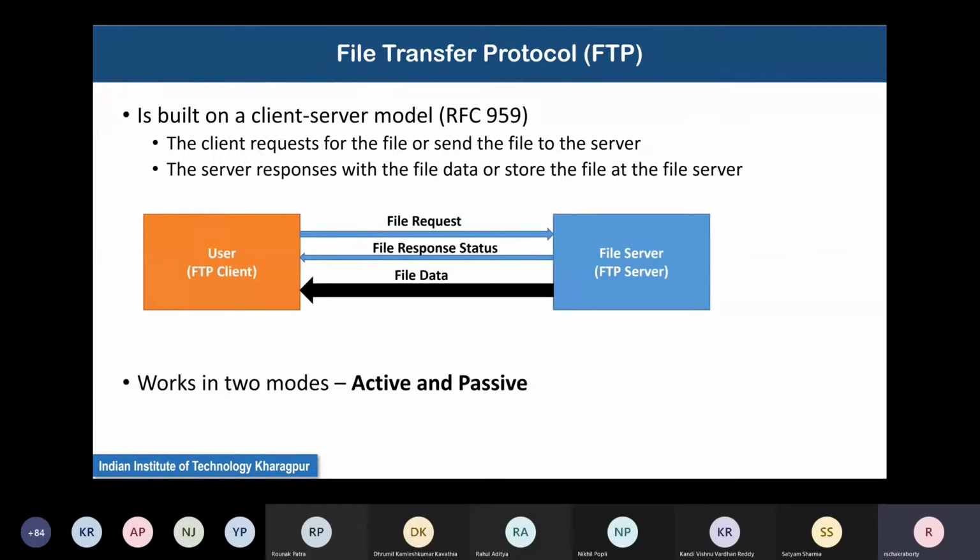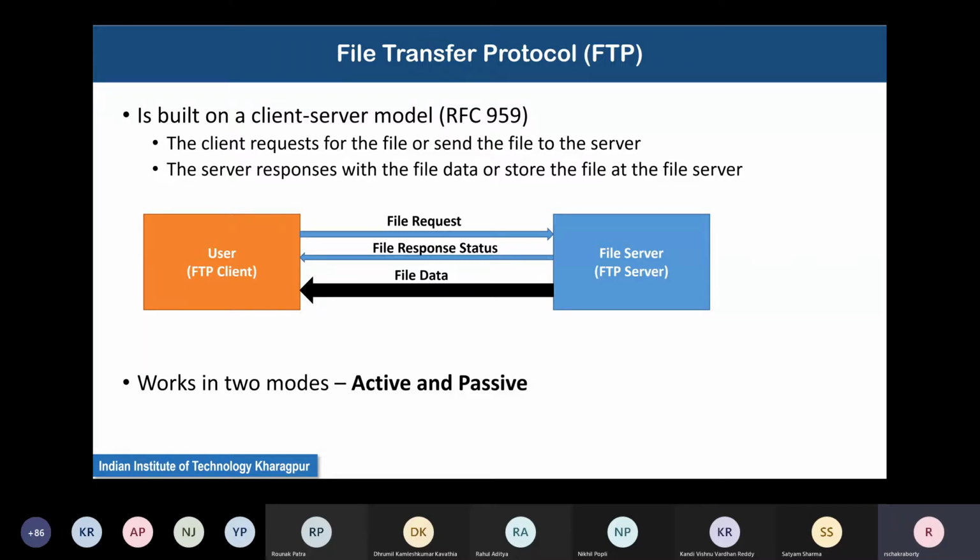This is actually quite an old service, this file transfer protocol or FTP. Again, it is built on a client server model. The user is the FTP client and there is a server. So suppose in the example that we are going to show, the user wants to retrieve a file from a server. This is one of the common use cases. The other use case is the user wants to upload a file to a server. That is also possible. Okay. So here in this case, the user wants to fetch some file from a server.